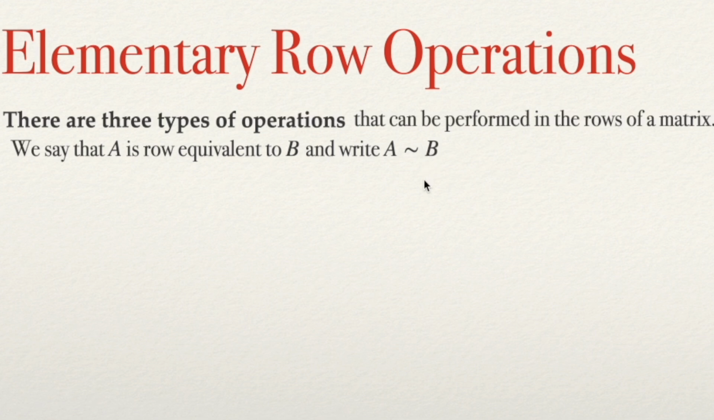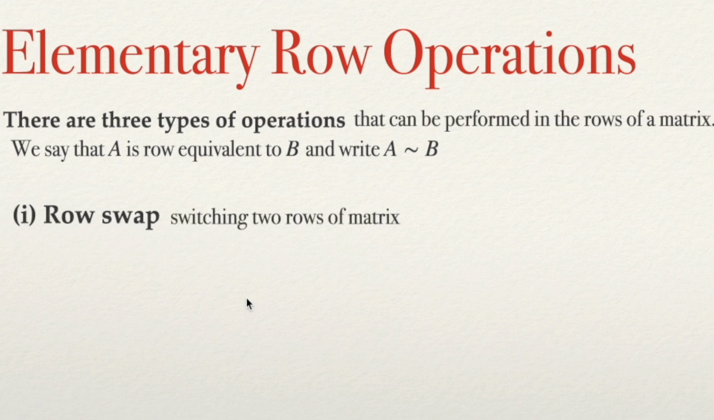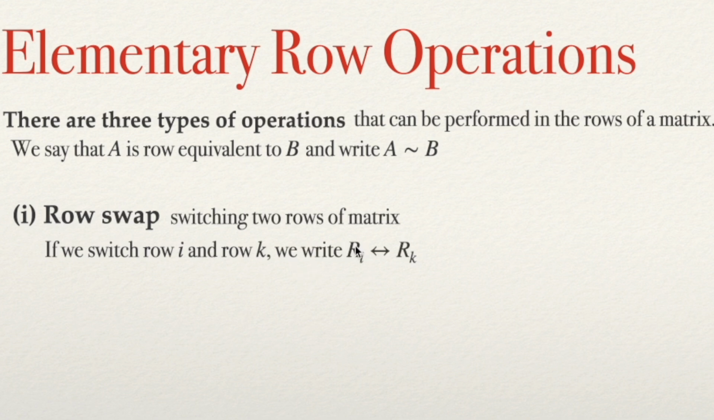There are three types of row operations, and the first that I'm going to speak about is the row swap. Switching two rows of a matrix. That's what we are going to do. If we switch row i and row k, we are going to write Ri and this double arrow Rk. So anytime that I see beside a matrix this operation, it means that I'm going to switch Ri, row i,